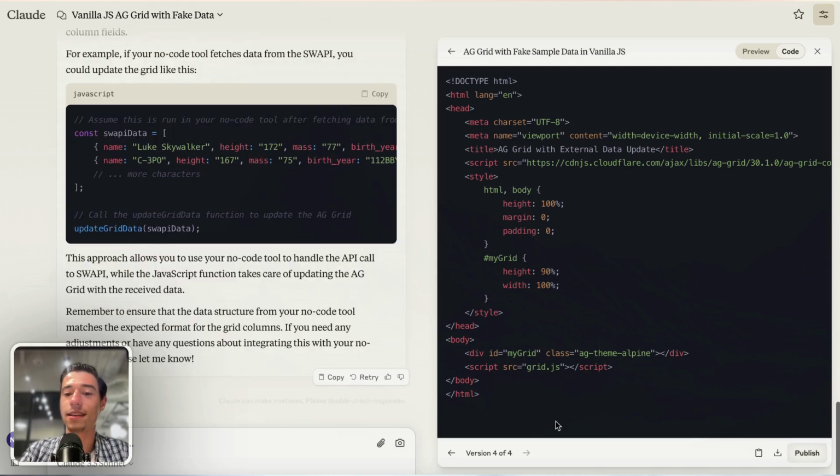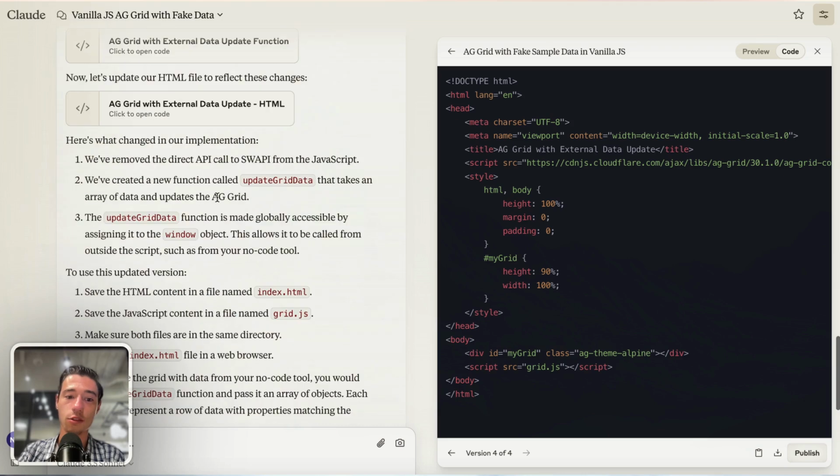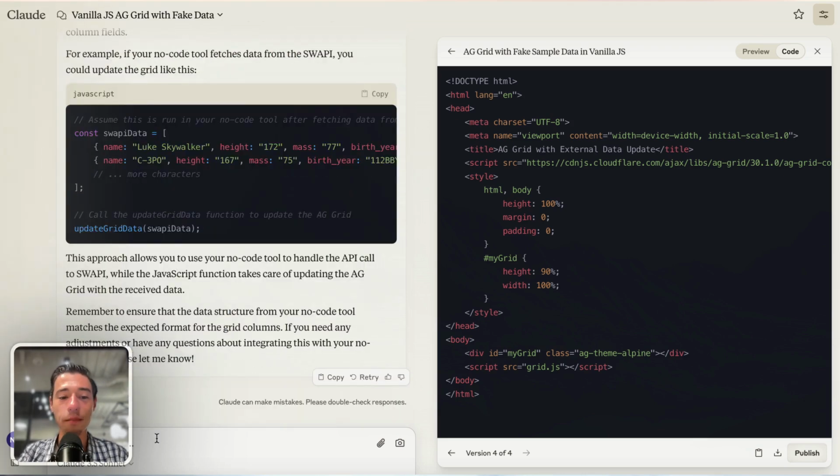So we got the setup, and we're going to add some of the dependencies in here, and we would have our grid in here, and then we would see const swappy data, and we would then push it in here. So this is the setup, and what I want to do is I want to say I need to load